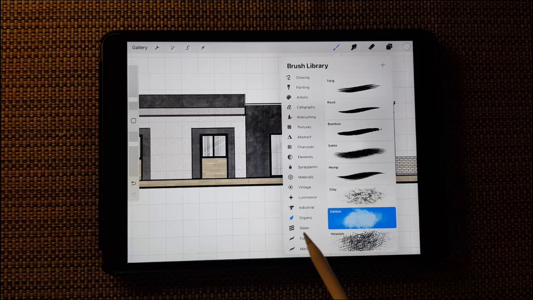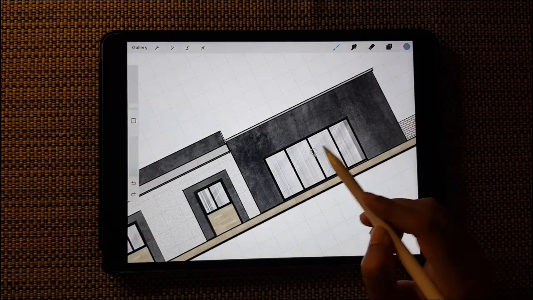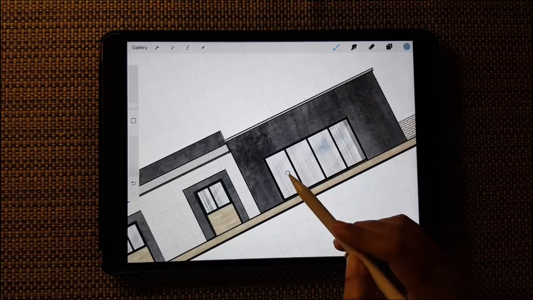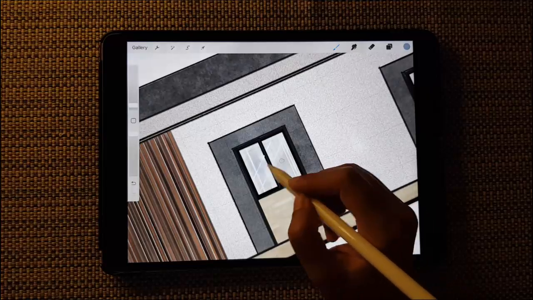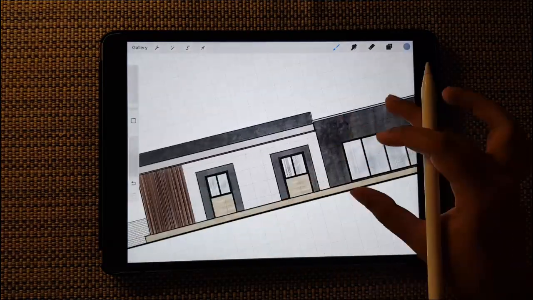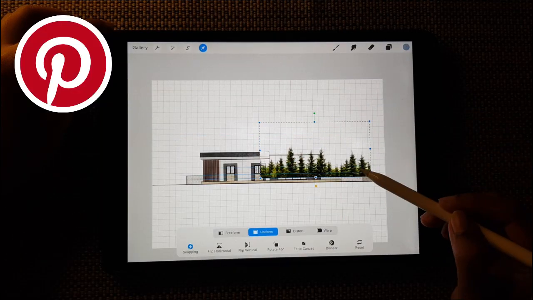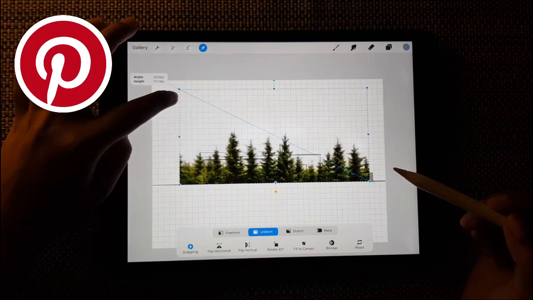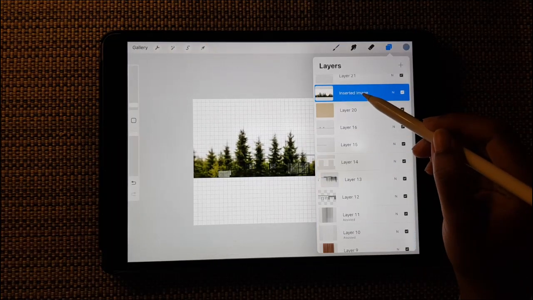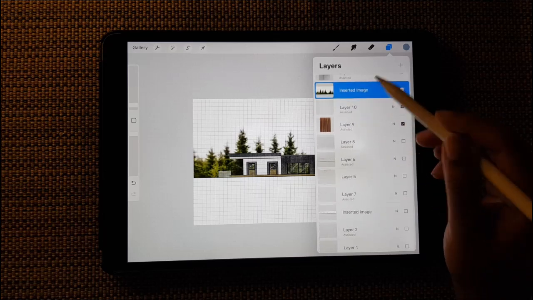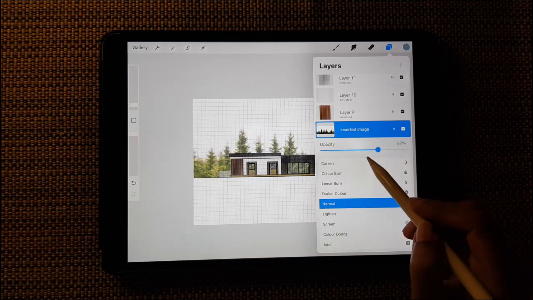And now I'm going to create clouds with this brush. So just to indicate the reflection on the glass, very subtly brush with this blue color. There you go. And I had downloaded this tree background image from Pinterest. I'm just going to move this layer beneath all the other layers so that it's moved to the background. Reduce the opacity,